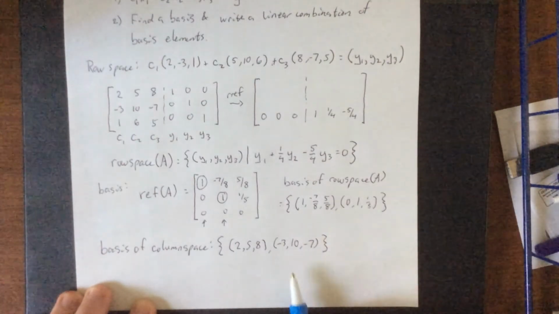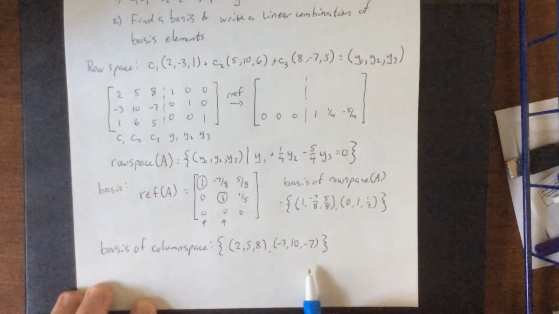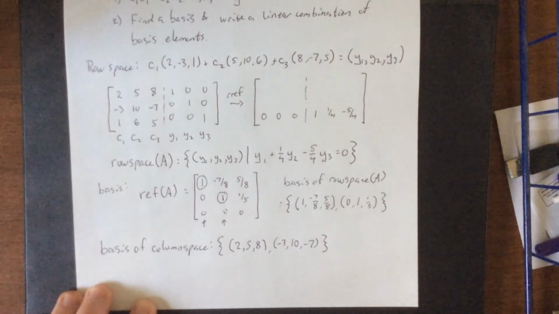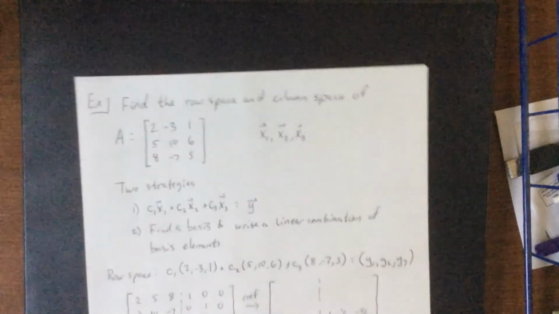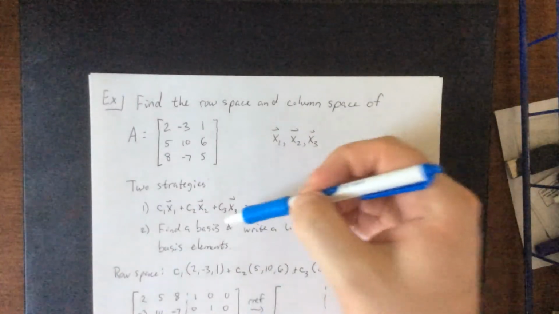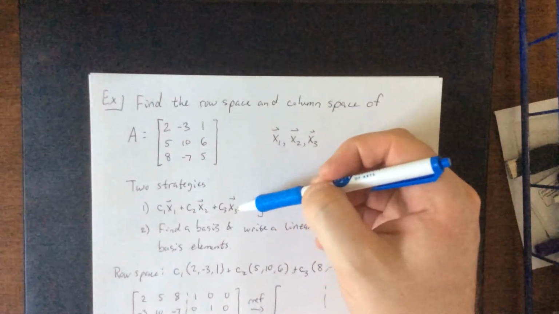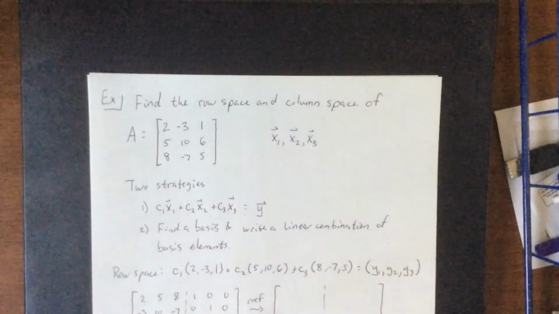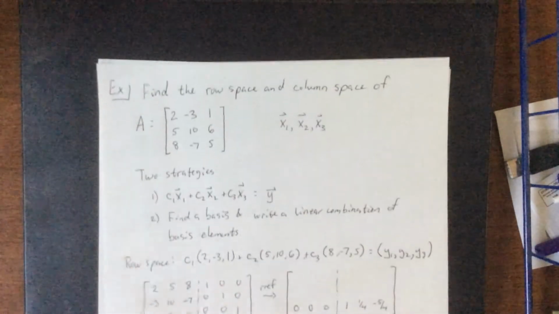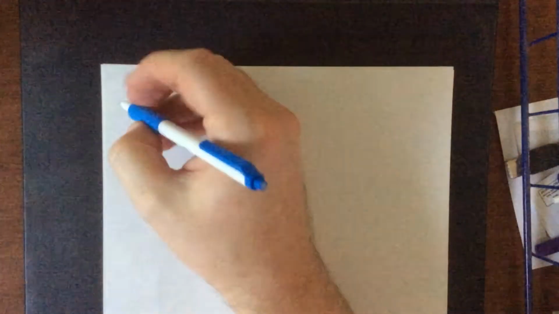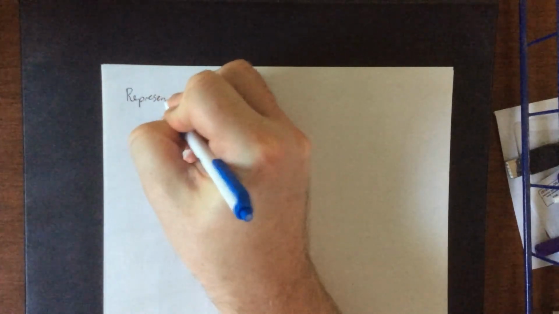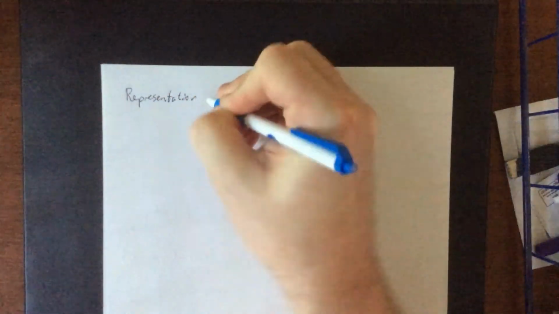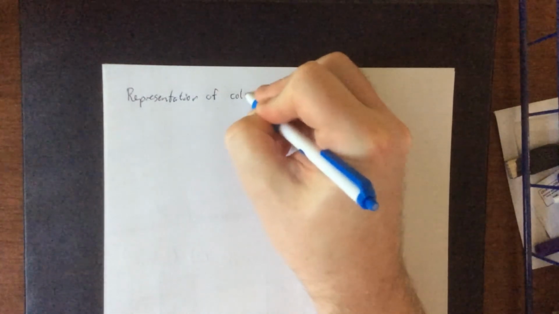What we've really done here is just created a minimal spanning set of all of the columns of the matrix. In terms of a representation of the column space, if you were interested, just like we talked about here, we could start by setting up a linear combination of the columns of A. However, a linear combination of the columns of A is just going to wind up looking exactly like A. So for an actual representation of the column space,